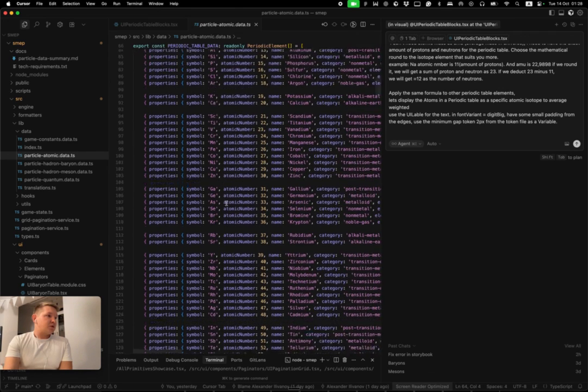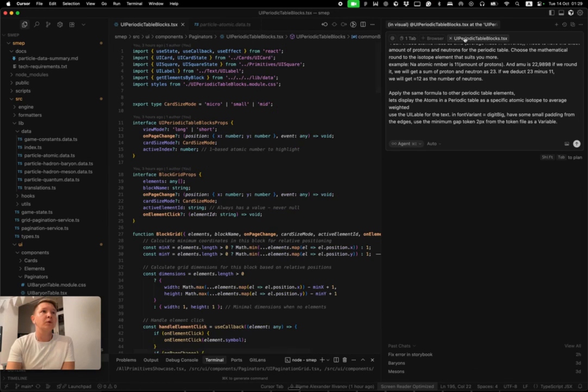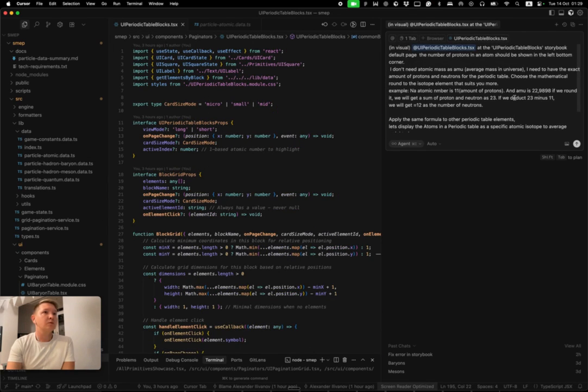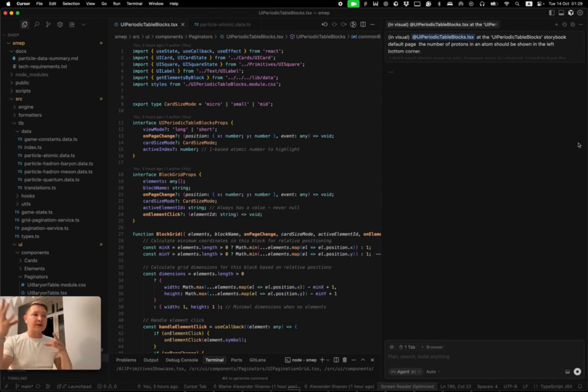It tried to make it more lint-compliant, and I deliberately asked it not to mess with my JSON object of the periodic table. And it turns out it did. This is weird. What's happening? Why is it not working? Sometimes it gives weird errors, like exceeding the amount of requests to a particular LLM.